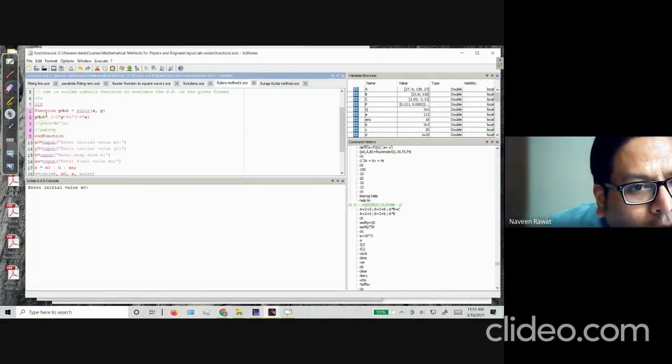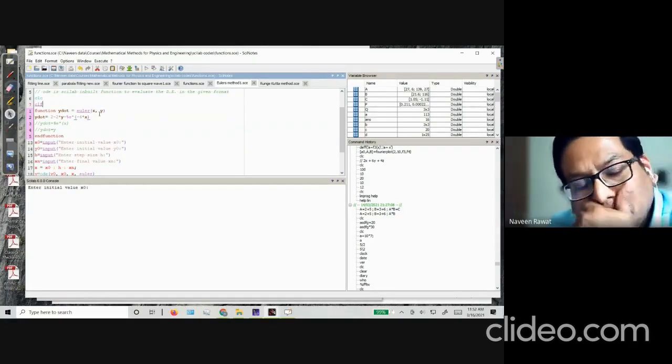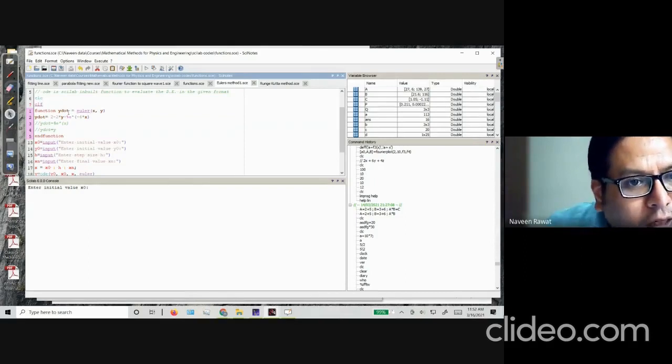Here I'm simply defining my differential equation as y dot; dy by dx is just y dot. You can write anything here, it doesn't matter. It is equal to this function, and I'm just saying that this function is dependent on the x and y variables. So what is my actual function? The function that I want to solve is dy by dx equals 2 minus 2y minus exponential of minus 4x. So this is the actual function.